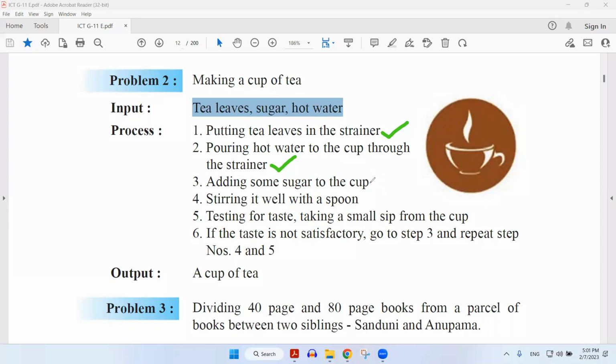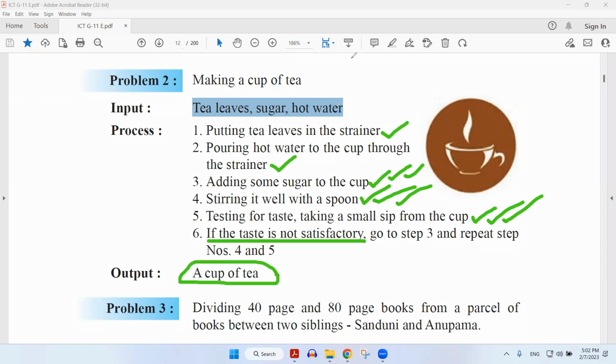here, add in some sugar, then stir it well, then test the taste, and the condition is if the taste is not satisfactory, then it's going to do these three things again. Add in a sugar, stir it, taste it. Then again, if the taste is not good, add some sugar, stir it, taste it. So the third time, if we are satisfied with the particular taste, then we are done. So we got the final output,